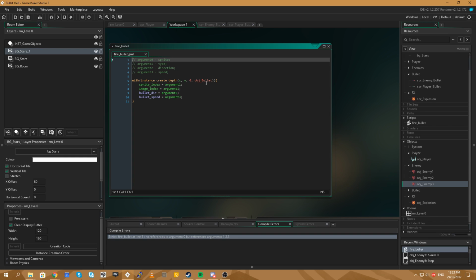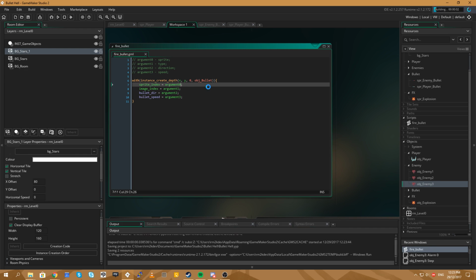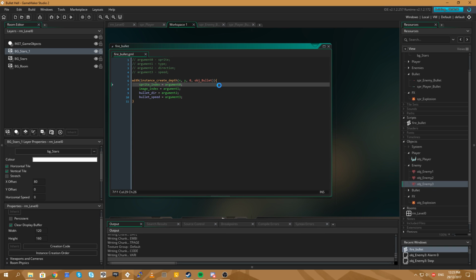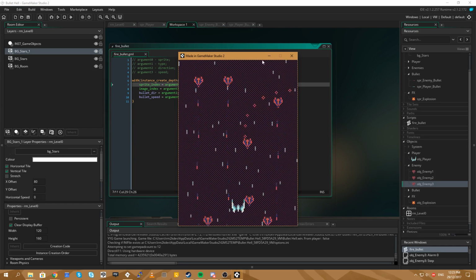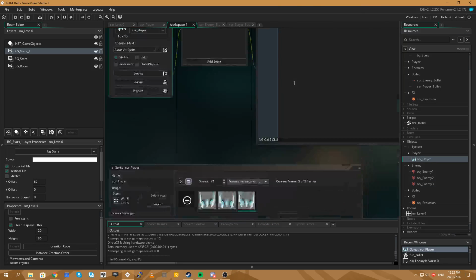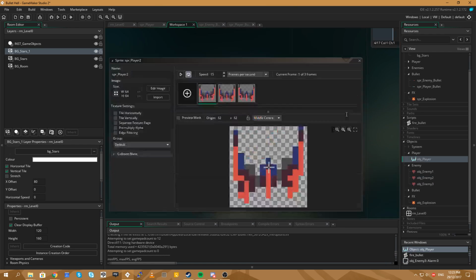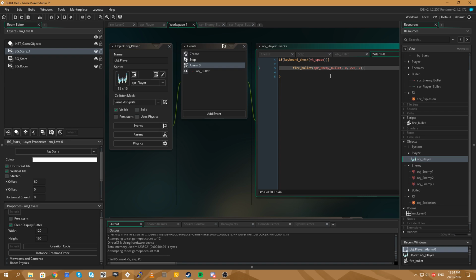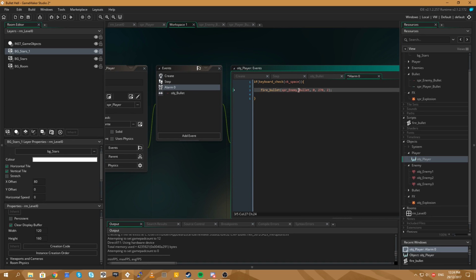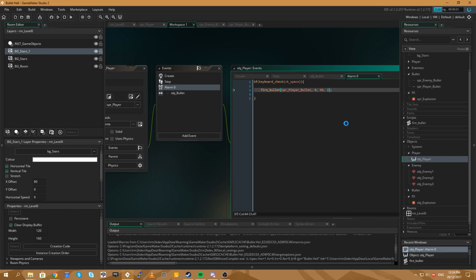This one here needs to... Oh, I need to set that to argument 0. There we go. Okay, so they're still working. That's great. Now we can go ahead and do our player. We needed to add that in there so that our player can change the bullet type. And our enemy's fire bullet function, we'll just copy that, put it in our player. There we go. And this time we'll use sprite player bullet. Player bullet, we'll be using the 0 frame, the 90 for direction, because I think that's up.